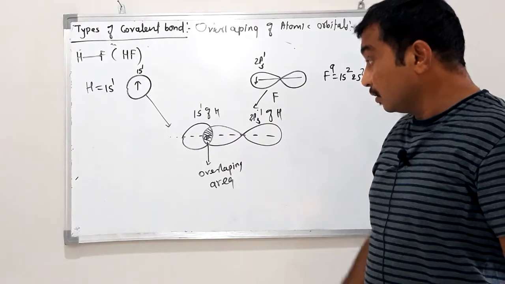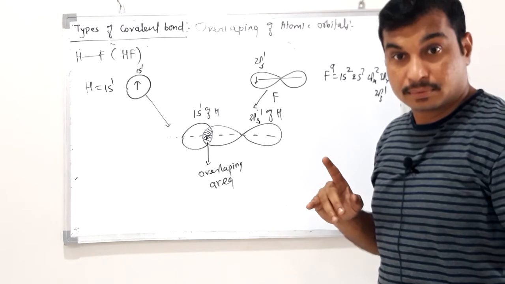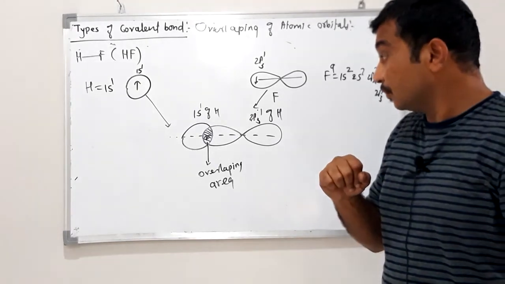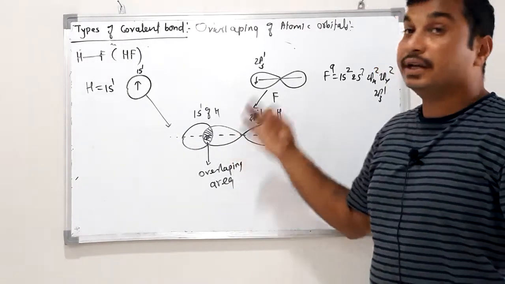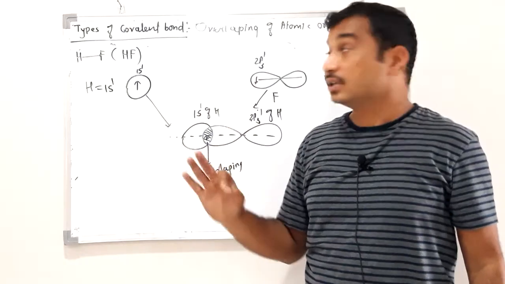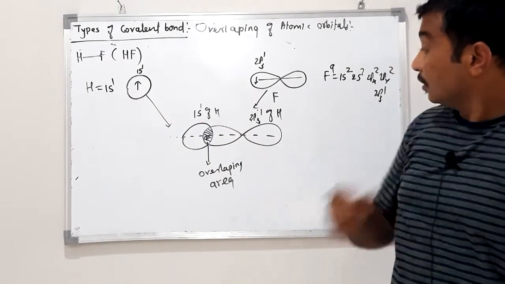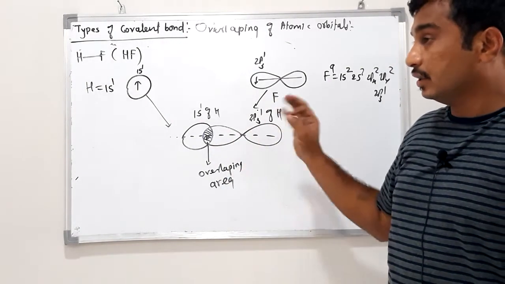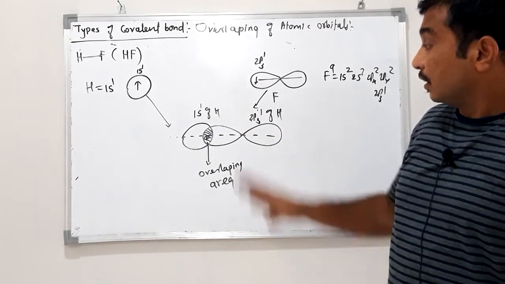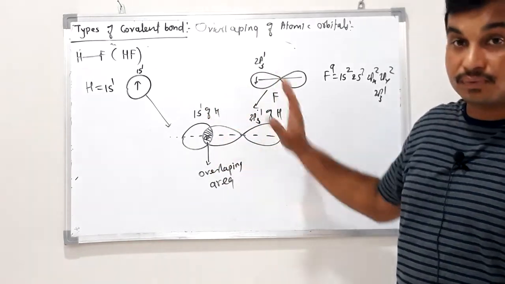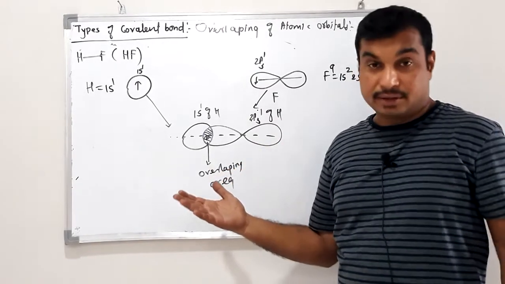Now, tell me which type of orbitals are involved in this overlapping. S type and P type. Therefore, it is sp overlapping, and the resulting sigma bond is an sp sigma bond. Students, try to understand these things, how this bond forms. In the next class, again we will elaborate this same idea. Thank you very much.